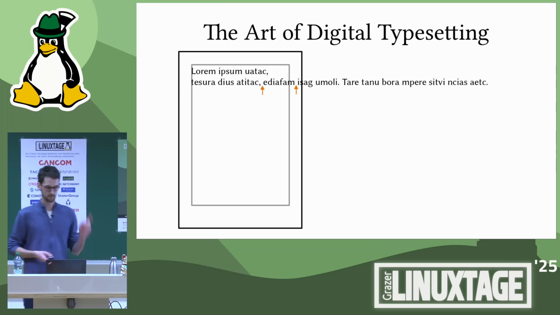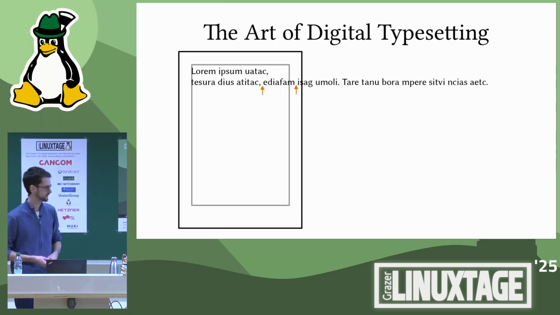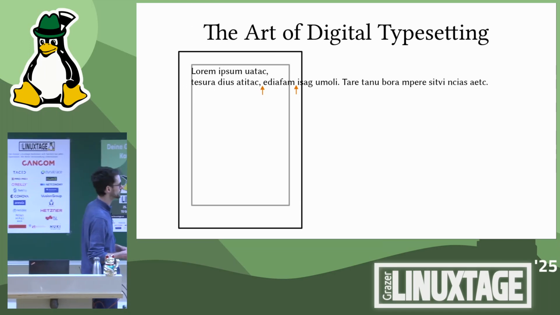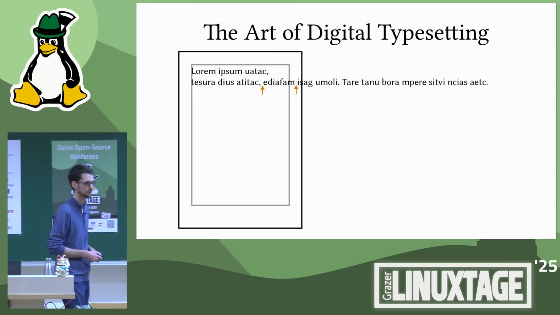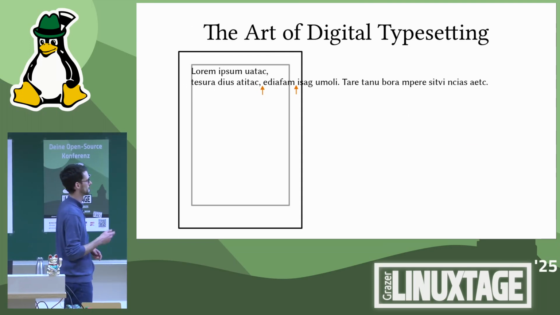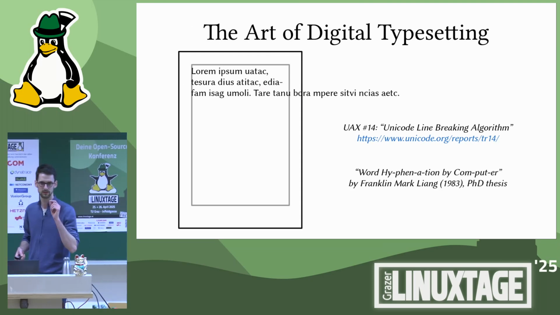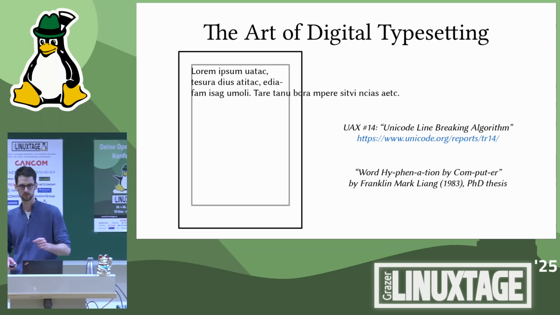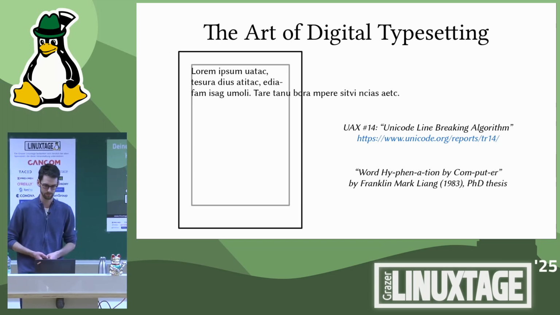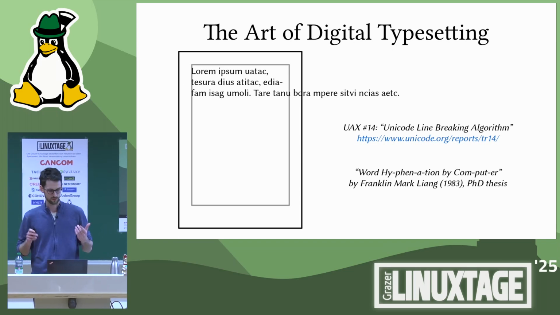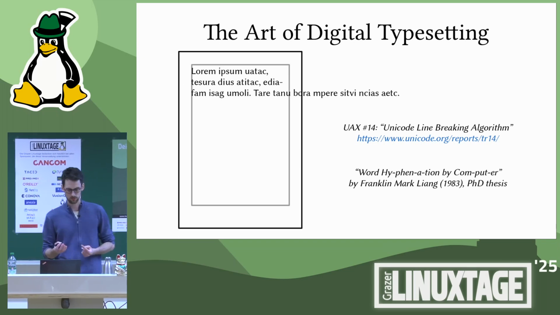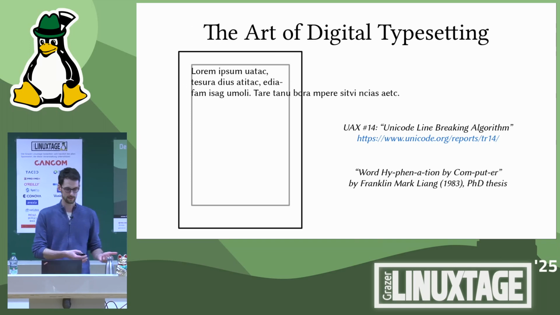In this case, on the second line, I do have this scenario. I do have 2 line breaking opportunities here, but maybe a third one. What we can do is we introduce a hyphen and continue on the next line. This process is called hyphenation. It doesn't exist for every script. So what I do here is I take 4 letters, introduce a hyphen, and continue with the remaining text on